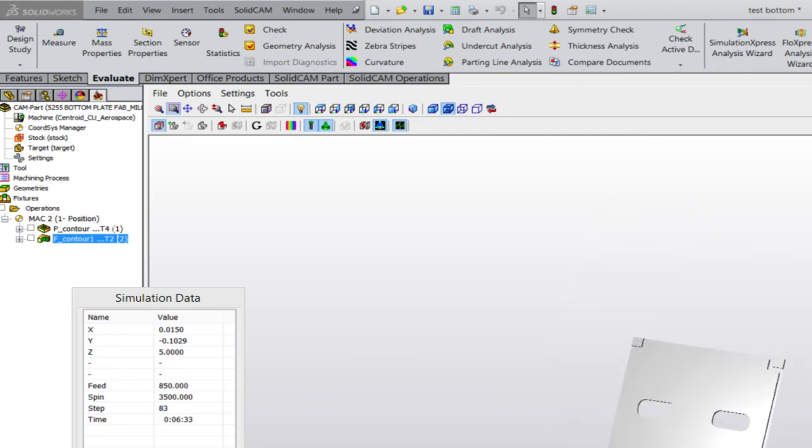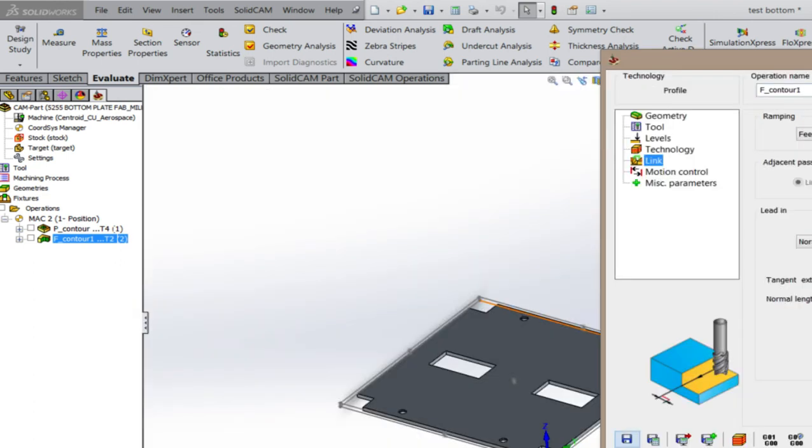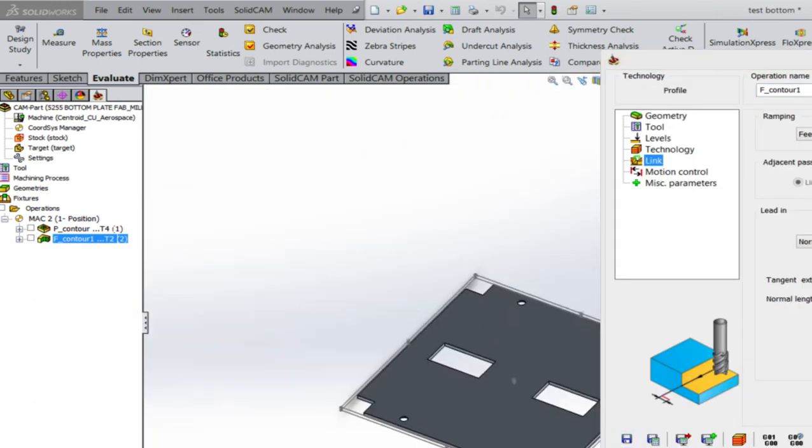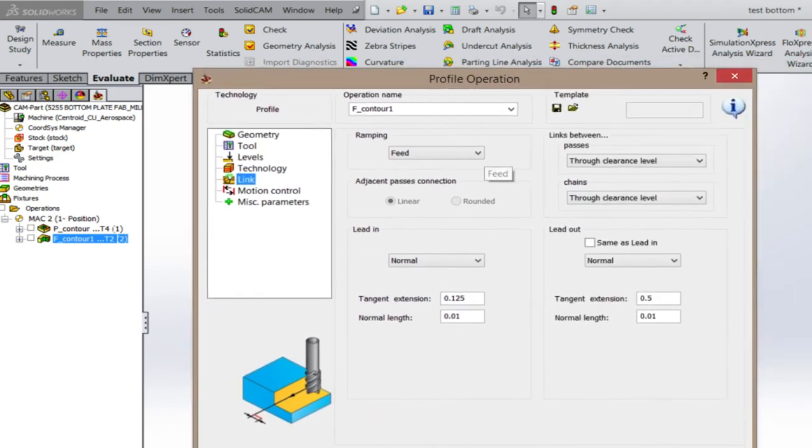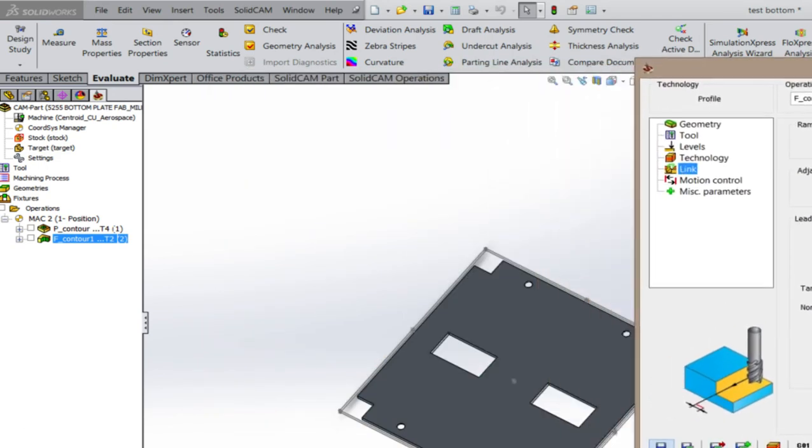All right, notice also that the tool followed the edge on the outside of the edge, which is what we wanted. But sometimes you don't. Sometimes you want to straddle the edge or go on the other side. You'll find that in